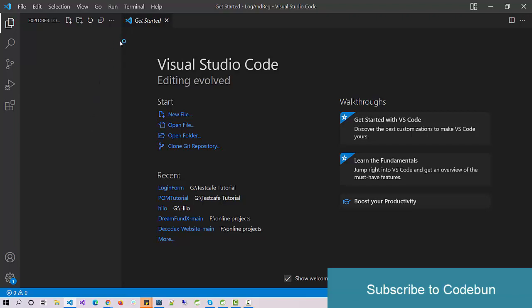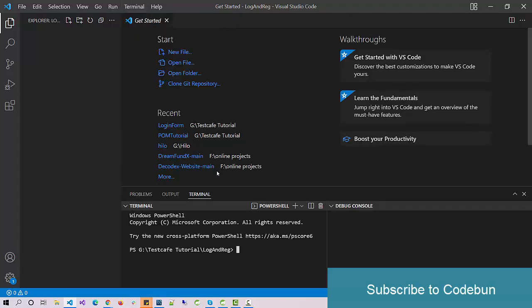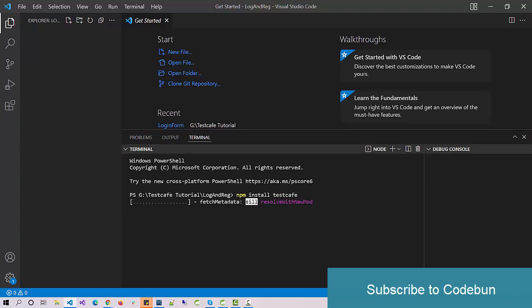The first step: I have Testcafe installed globally on my machine, but I will still show you how to install it. Go to the terminal, open a new terminal and insert the command here: npm install testcafe. That's it. It will take some time and Testcafe will install automatically on your machine. Meanwhile, while this is installing in the project, let's move to the